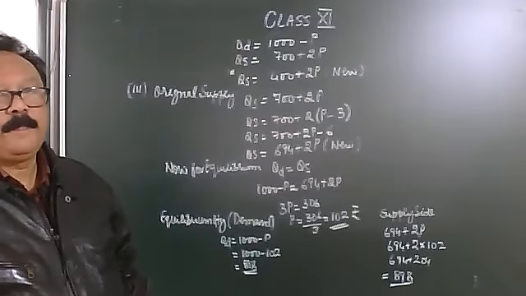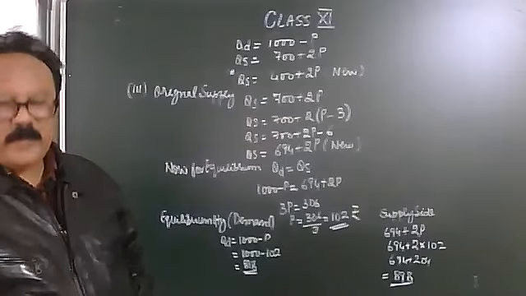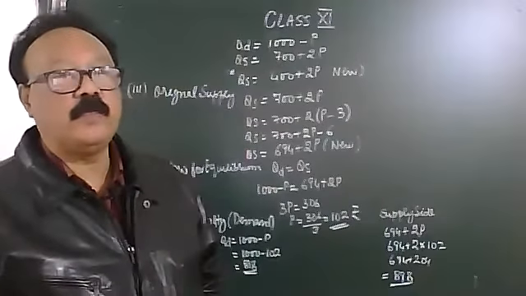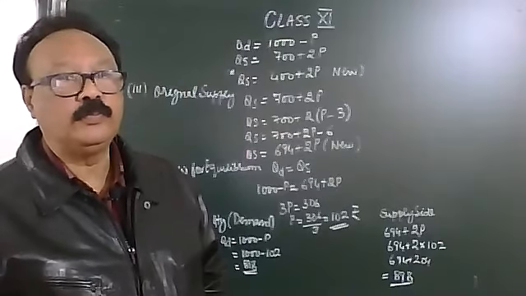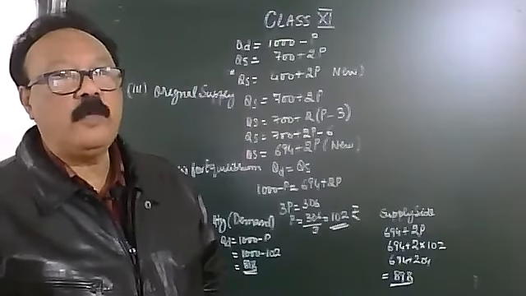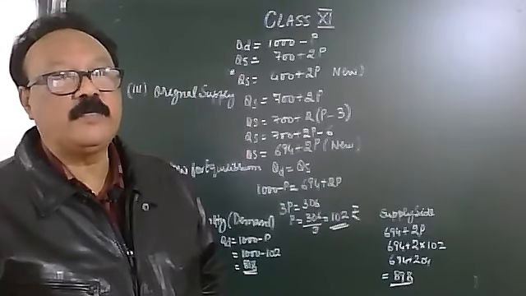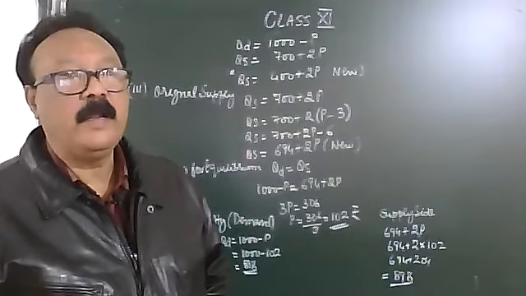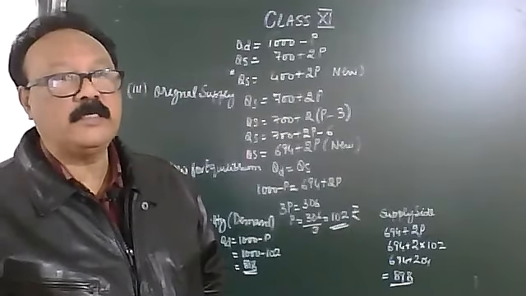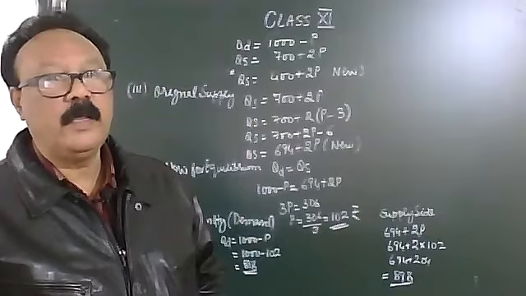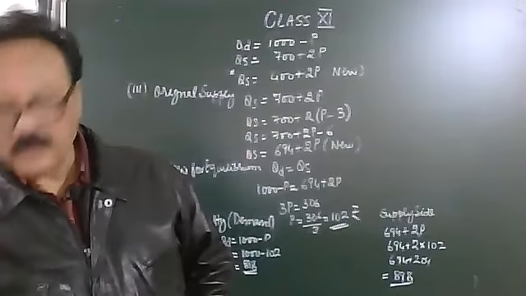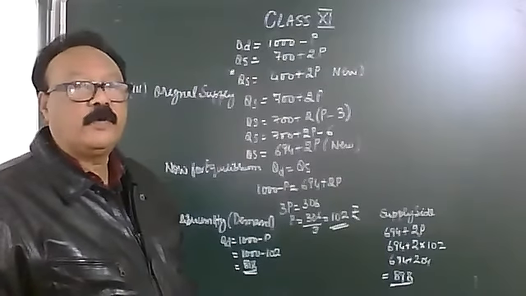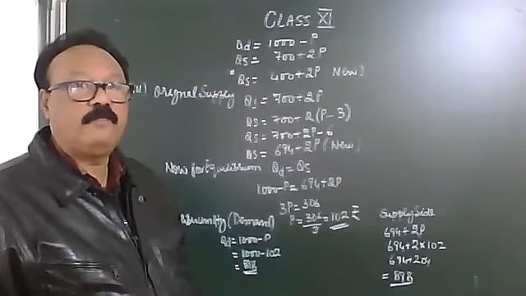Is that okay? When the equilibrium price increases, what was the first equilibrium price? Check your first part. It was 100. It has increased to 102. What was the equilibrium quantity? Check the first part. How much was it? 900. Now what has it become? 898. So when the equilibrium price increases, the equilibrium quantity decreases. Is this okay, children? Am I clear enough?